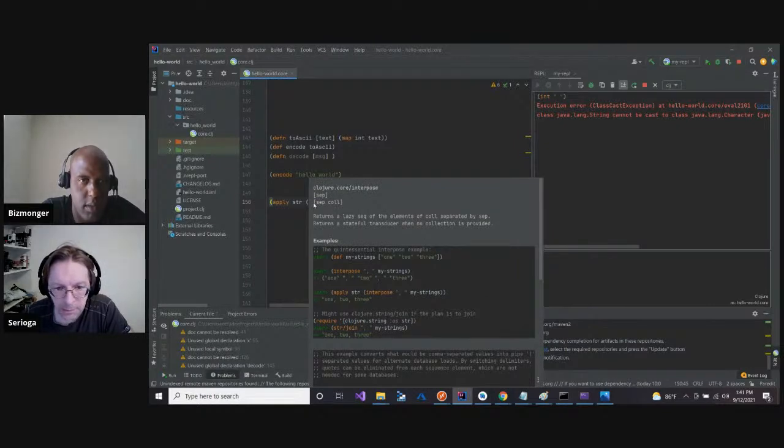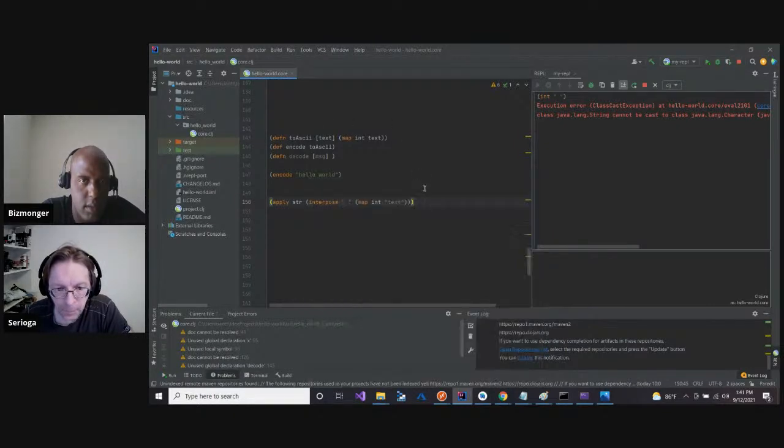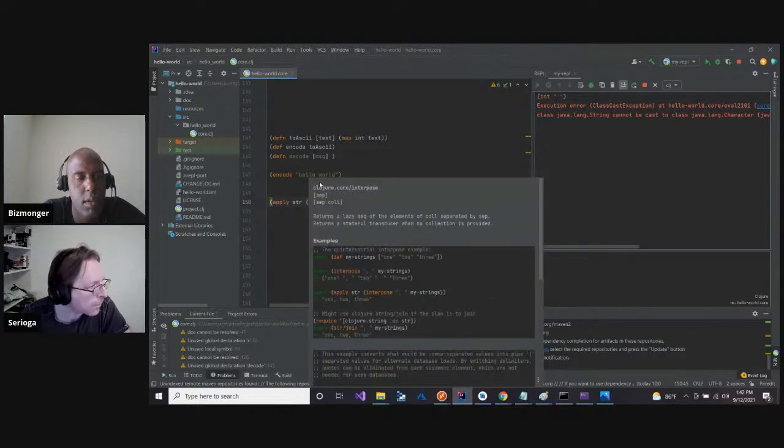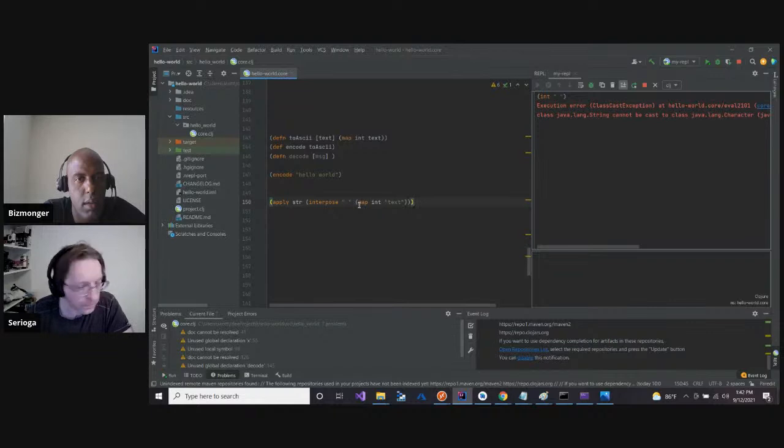Interpose, add separator between elements. Okay. So we say apply, and then string concatenates, I thought, and then interpose. In this case, we want the text to be the actual. Oh, so are you saying this is the implementation detail for decode,